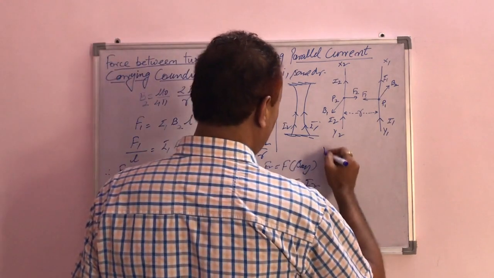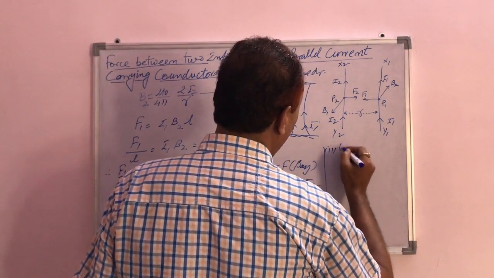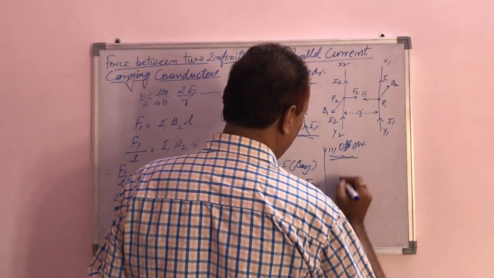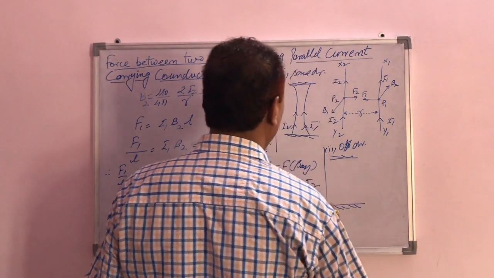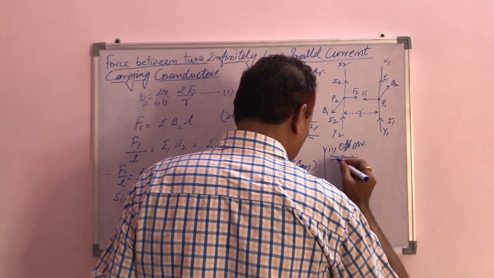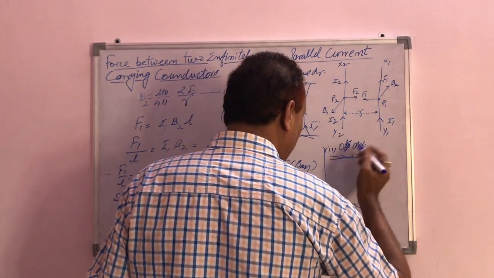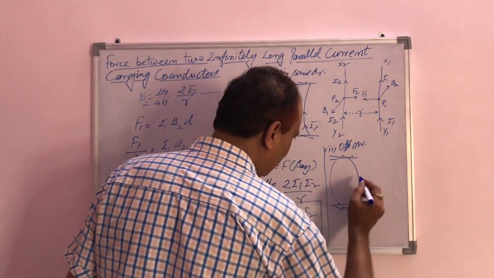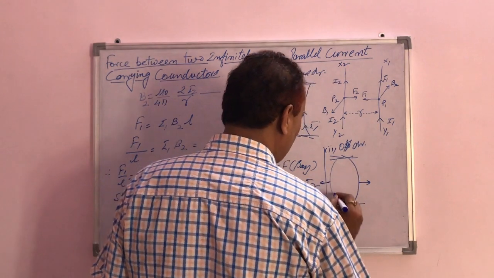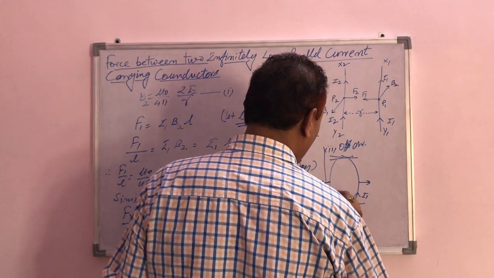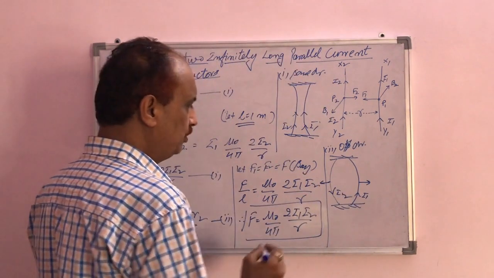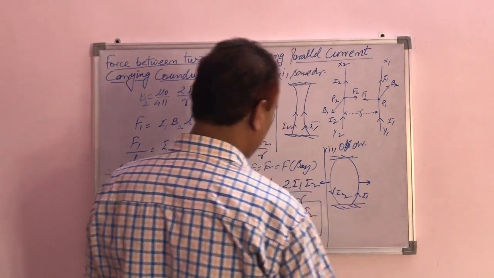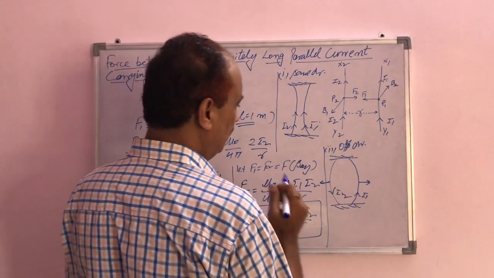The second situation is when the directions of current are opposite to each other, and suppose these two wires are again framed between two rigid supports. Due to the direction of the force acting between them, the situation of the wire will be like this, meaning the force will be acting in the outward direction due to the flow of current in the opposite direction. So in that case the wires will be repelled from each other, and in the first case the wires will be attracted to each other.